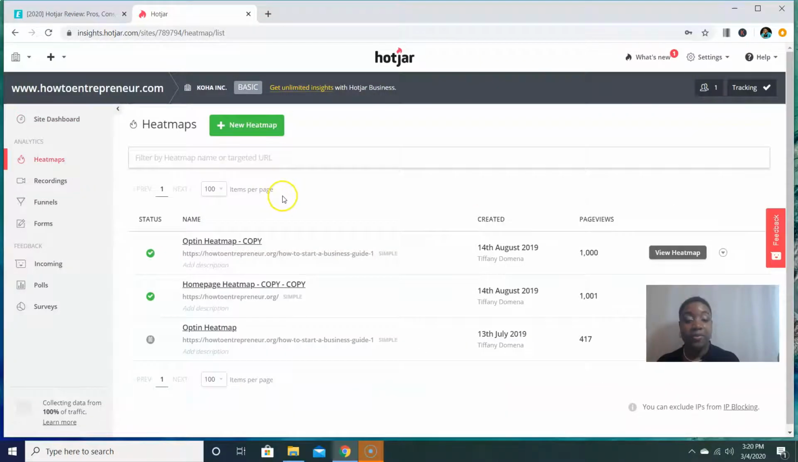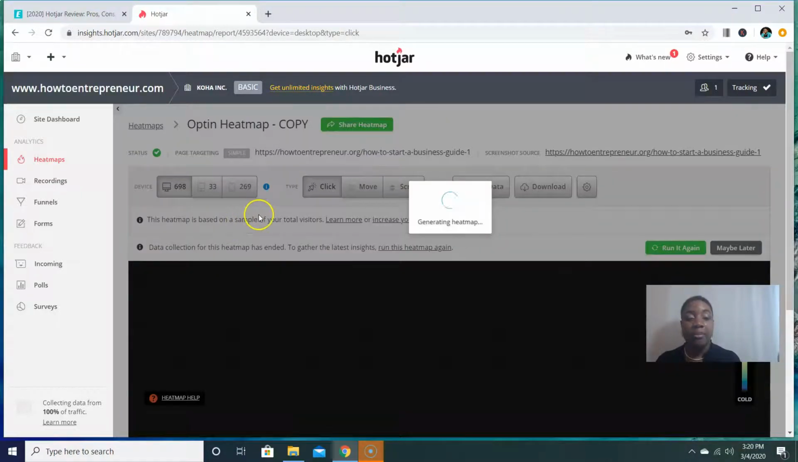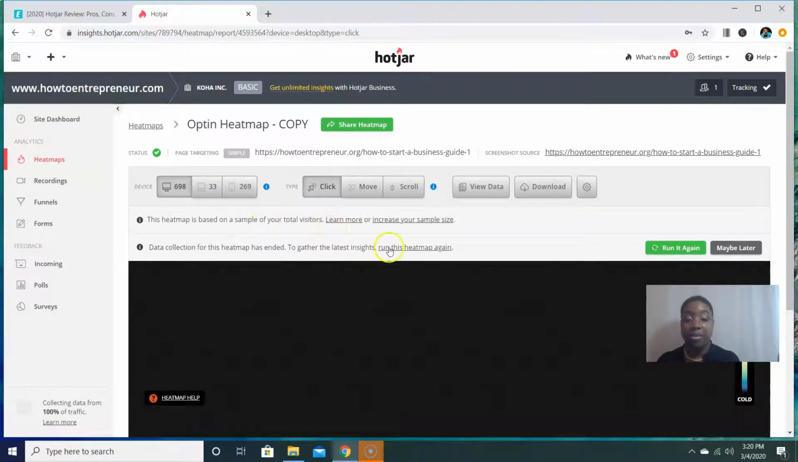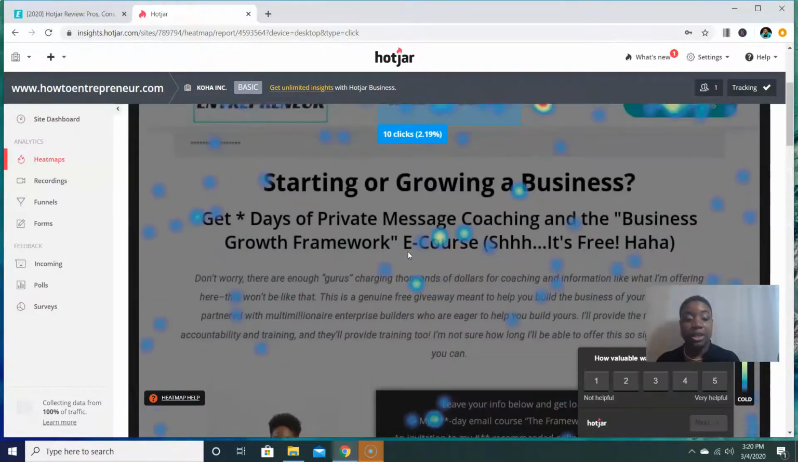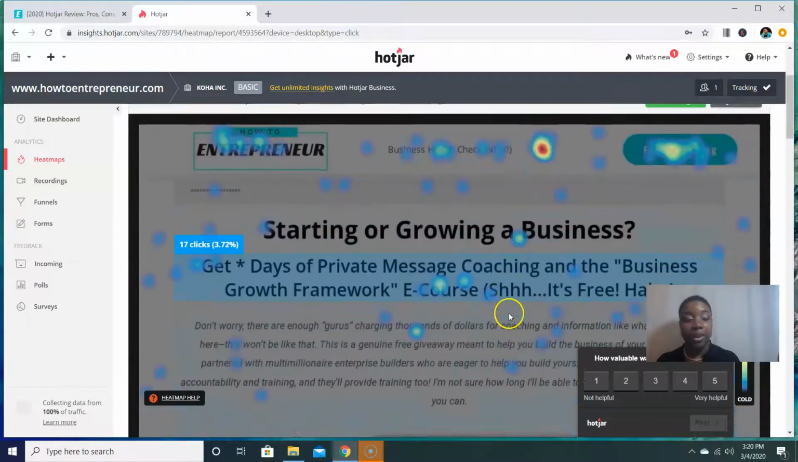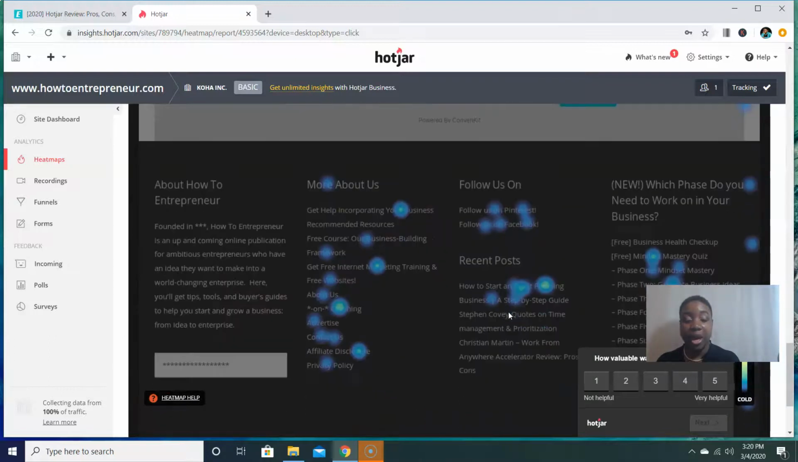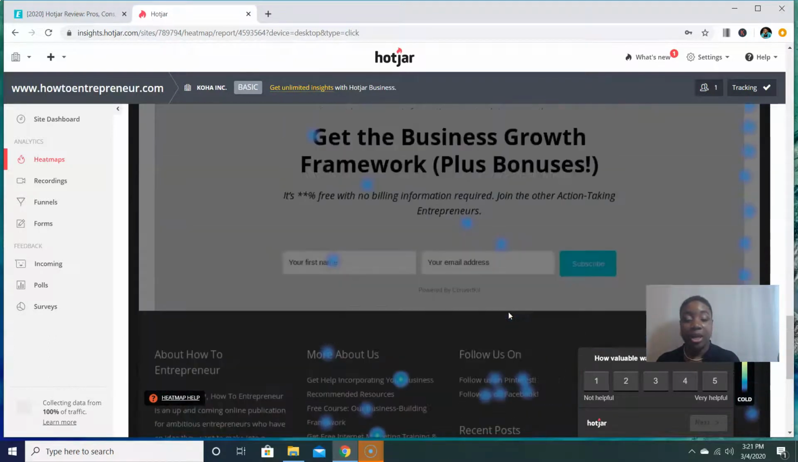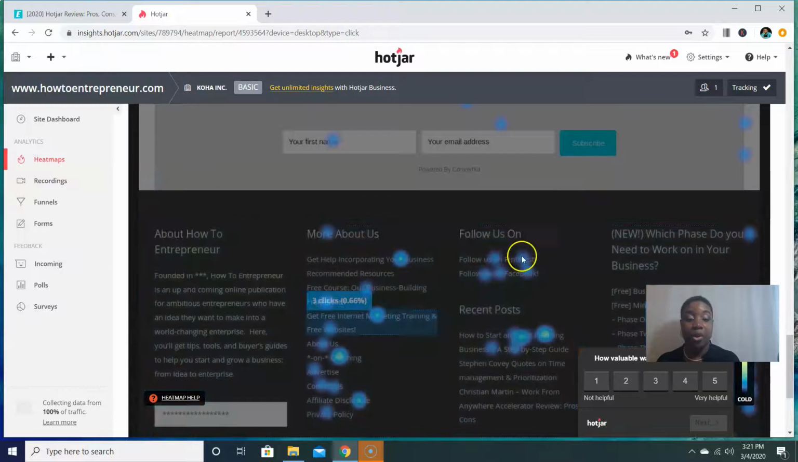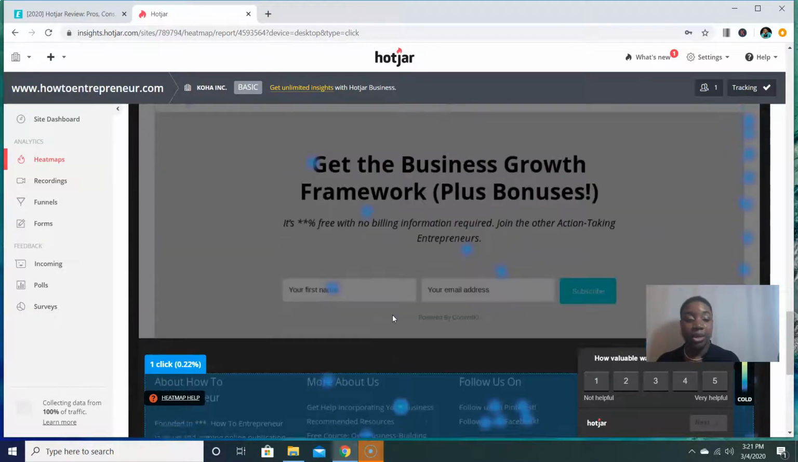As far as the heat maps, you can see that I have different heat maps. I can delete them and create new ones whenever I want, but I want to show you how the heat map might look. So you can see that it shows you by color how many people clicked around on different things on your heat map. So it shows you that people were going all the way to the bottom of my website and clicking down in the menu,